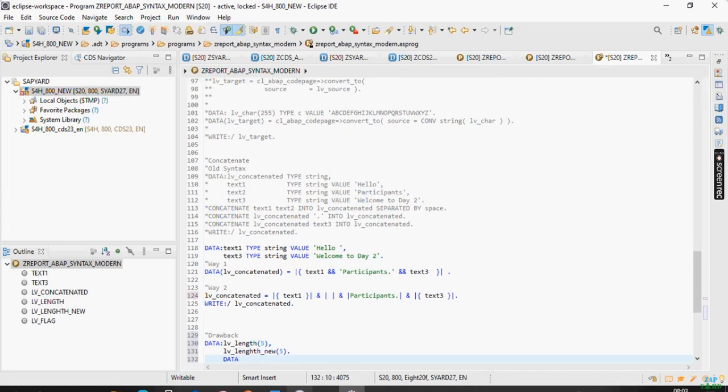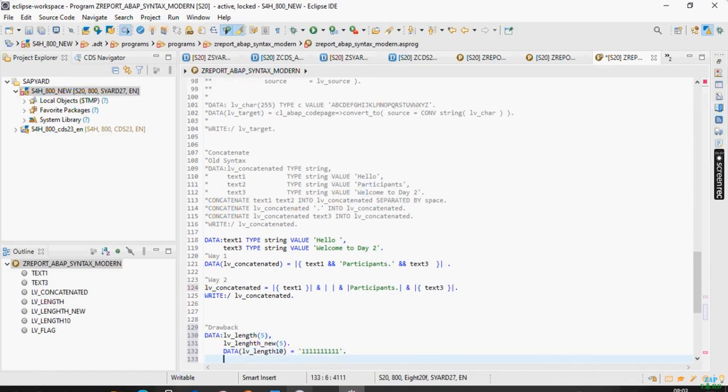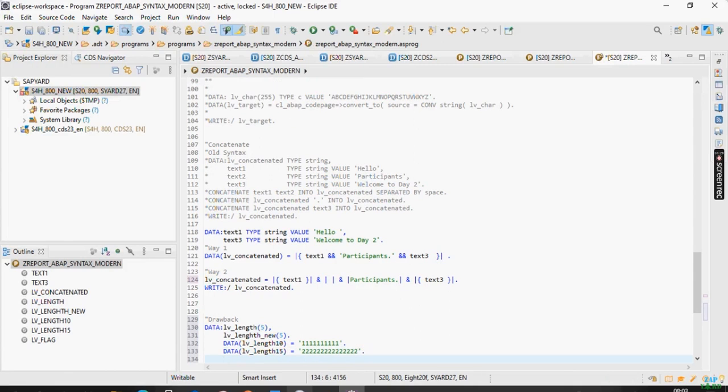Then let me take a variable lv_length_10 equals to, and I'll pass 1, 2, 3, 4, 5, 6, 7, 8, 9, 10. Similarly, let me pass one more variable with length 15, and I'll pass 15 times: 2, 3, 4, 5, 6, 7, 8, 9, 10, 11, 12, 13, 14, 15. Okay, fine. Now see,